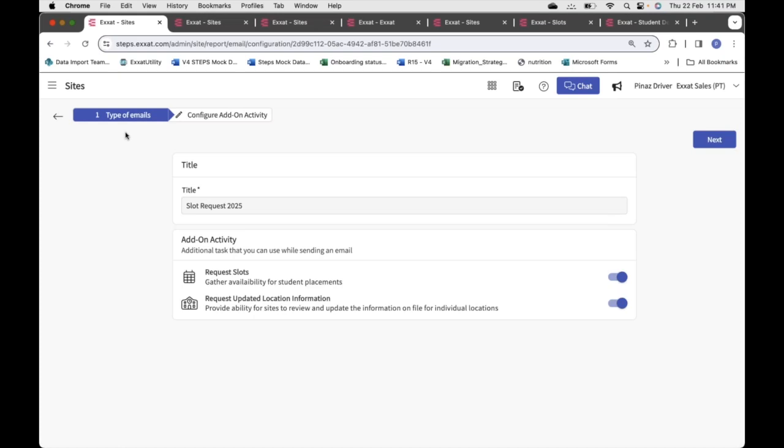So once you click on Setup New Communication, this is the title section where you'll be able to set up a title for yourself. This is mainly to identify what this email is for. There are two further add-on activities that you can use. The first one is the actual slot request. The other one is the